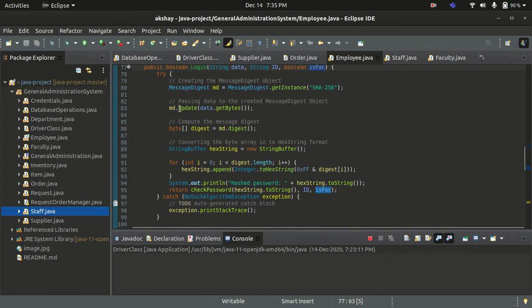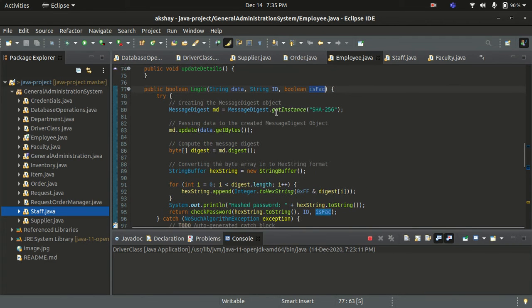So this piece of code here is used to convert the password into a hash using SHA-256. Here data is the password which is updated in the MD object, and it is computed here.